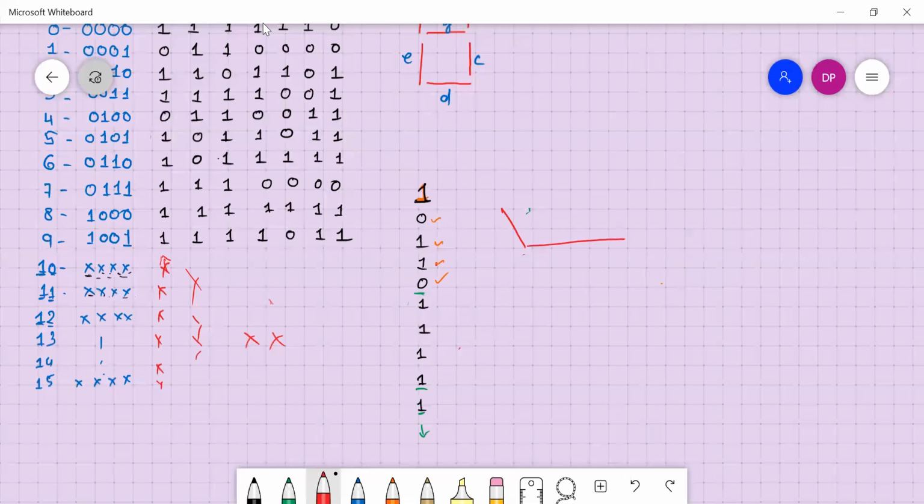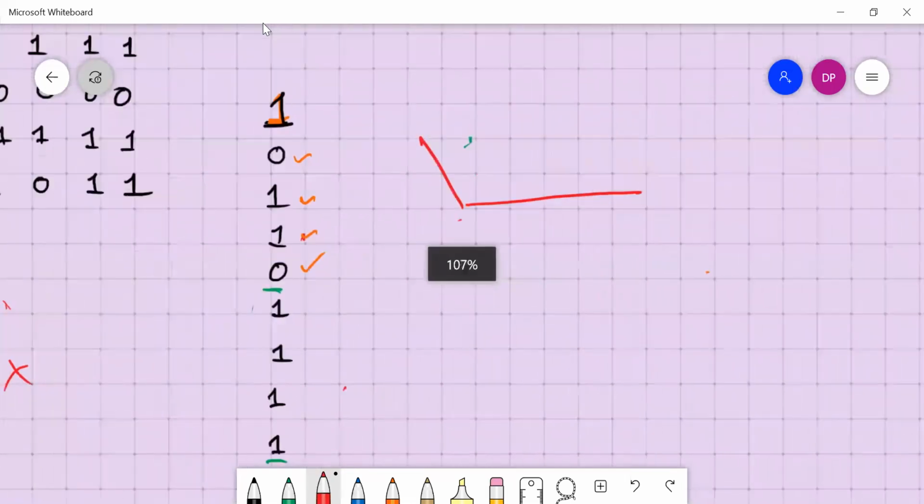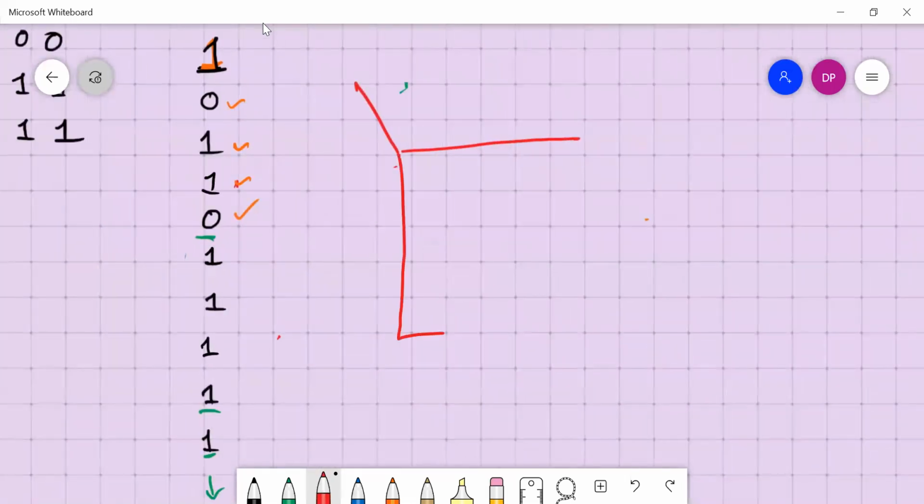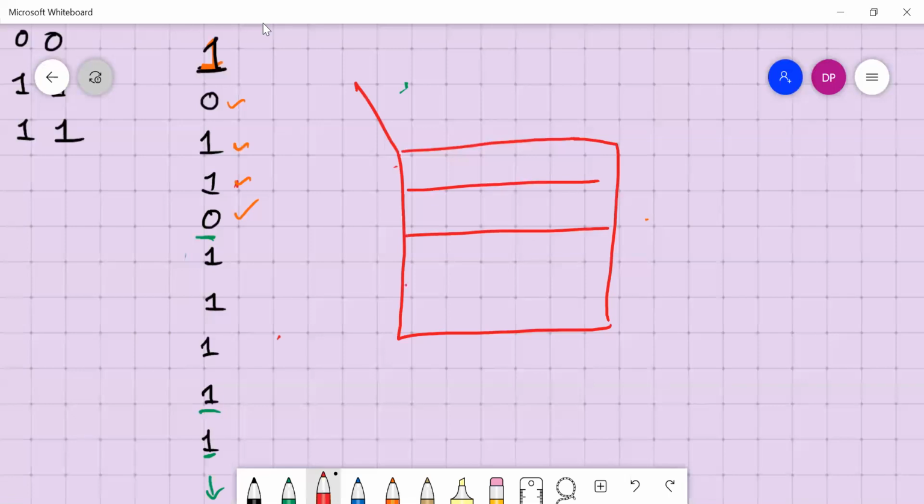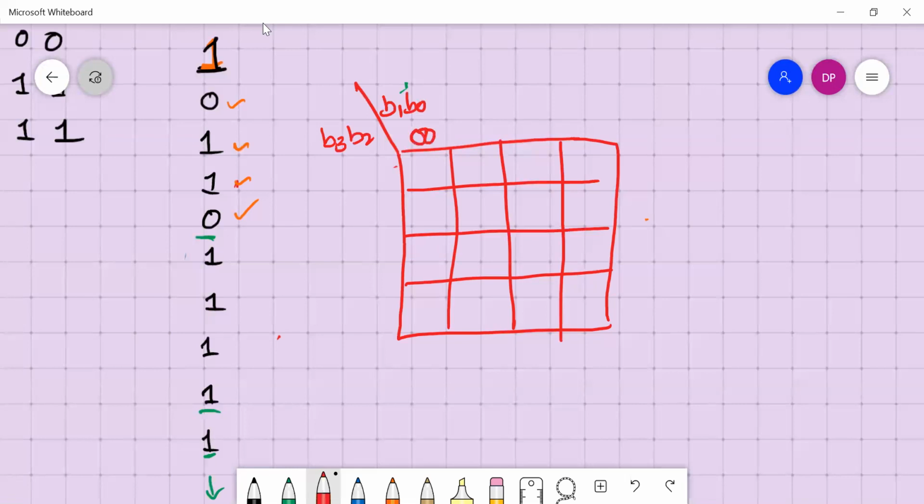So let's make the truth table here. B3, B2, B1, B0, 0, 0, 0, 1, 1, 1, 1, 0, 0. 0, 0, 0, 1, 1, 1, 1, 0. Okay. Now first let's substitute the values. Okay.